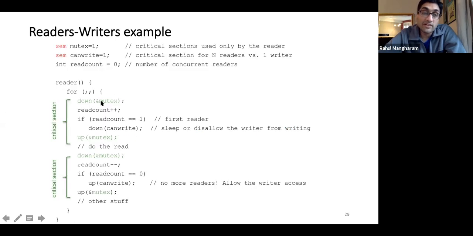But in the reader, we only care about the first reader and the last reader as special cases. And so first, we just do the read count plus. In this case, we allow as many readers to come in. And then if we are the first reader, then we say, is your read count equal to 1? Yes. Then we say, okay, now we need to prevent the writer, disallow the writer from writing. Then you go ahead, have a mutex, and do your read after this point. You up your mutex